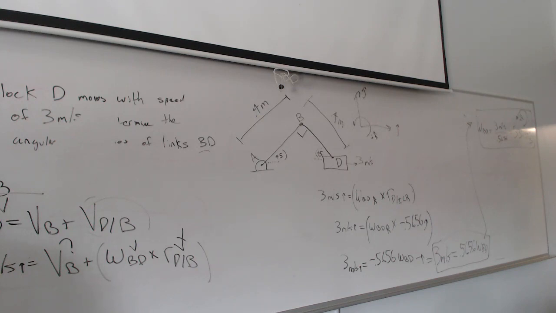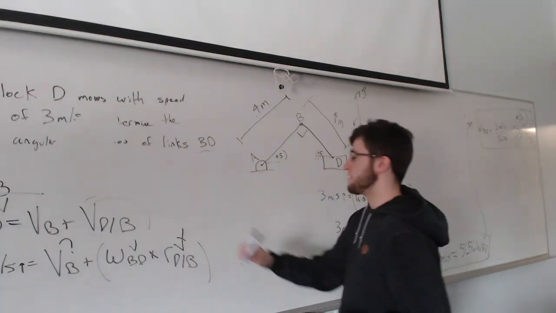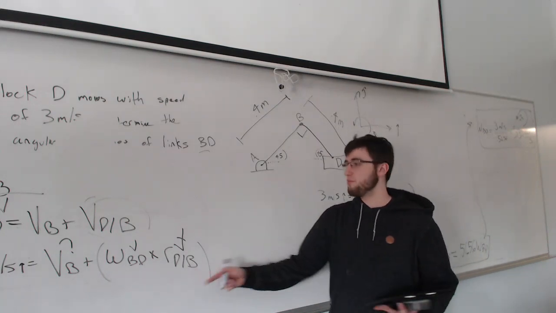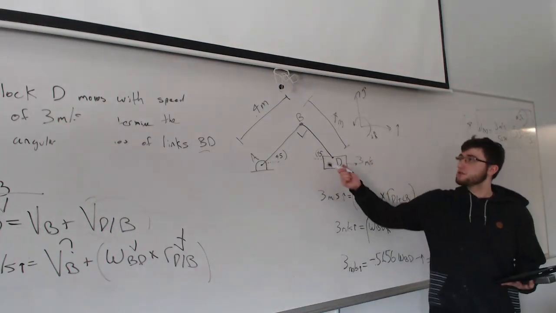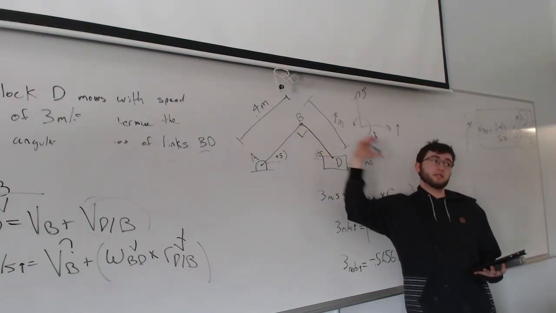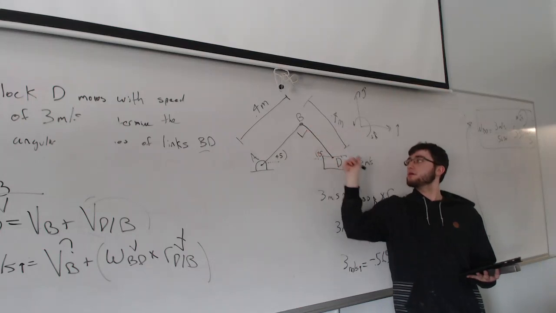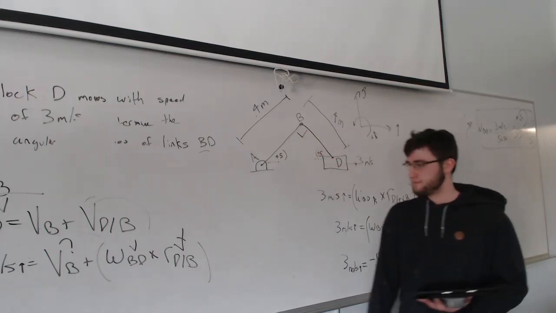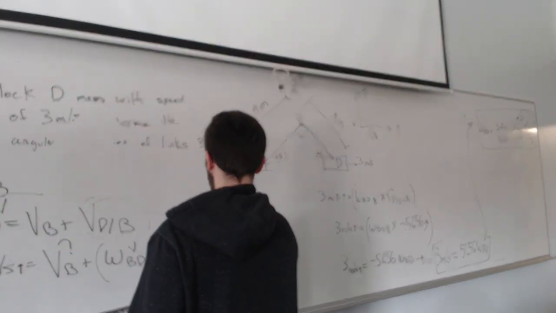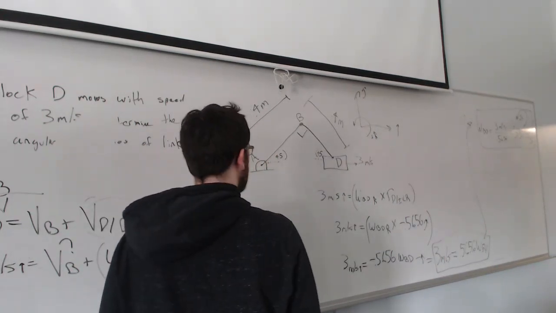The only thing we have left to do in this equation is the position vector to D from B. The position vector is pointing this way, to D from B. So that means RD with respect to B is equal to